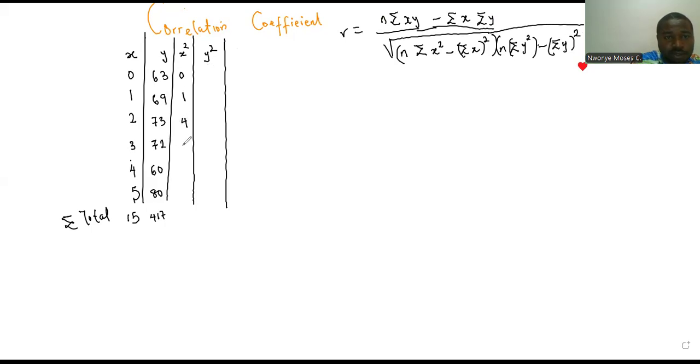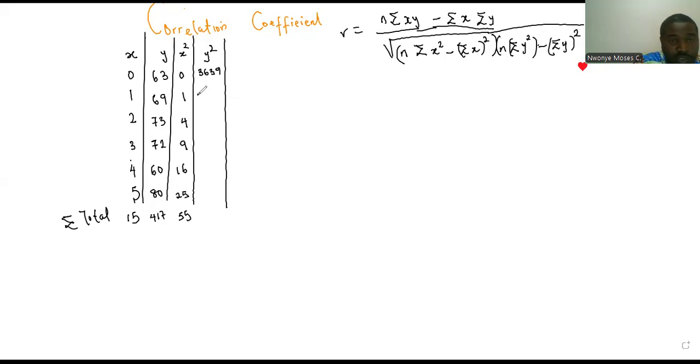1, this will be 4. It will be 9, 16, 25. So what's the sum? The sum is going to be 55. This is 20, 25, 45, 1, 2, 55. And if you square this, we're going to get